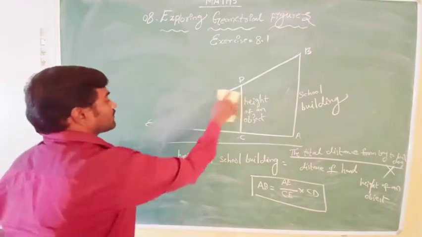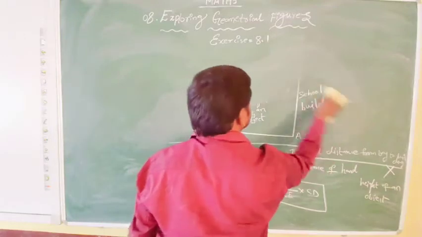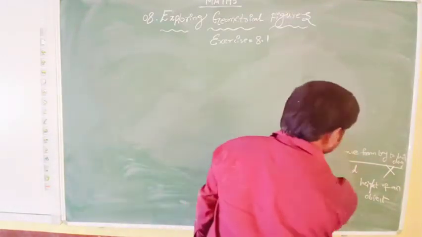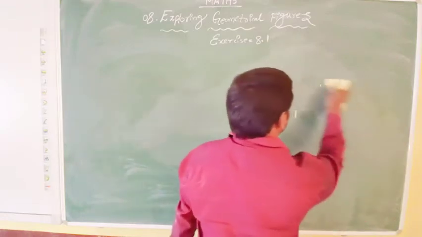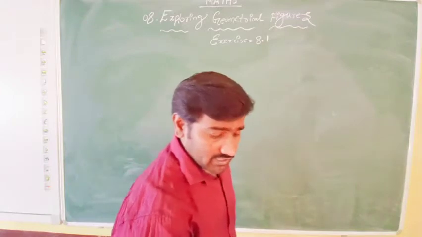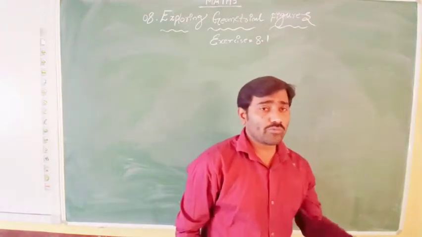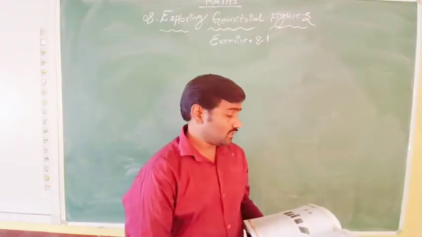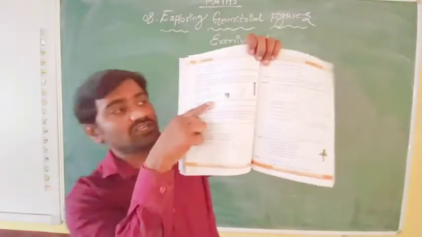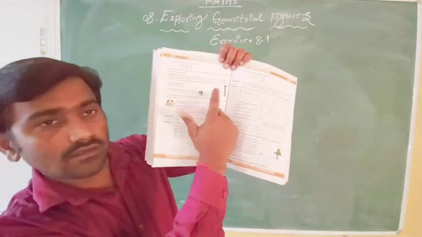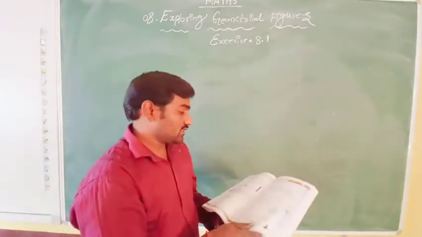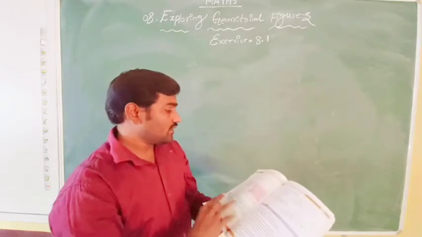Okay, next we discuss some more things in this exercise. A lot of things are there to be discussed. To cover this chapter in a very short form, I am explaining only the important things of this chapter. I hope you can understand. This is the picture of what I said till now. Go through this page so that you can understand. Next, there are some more questions based on that.